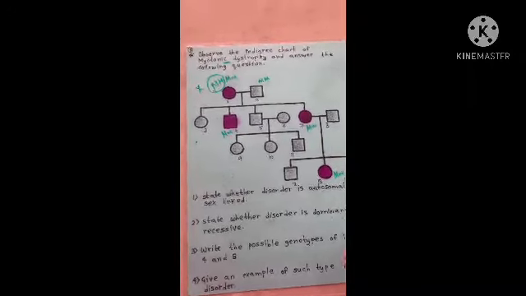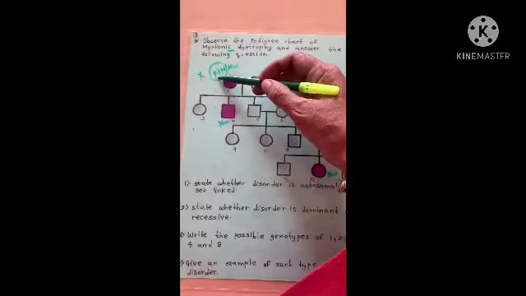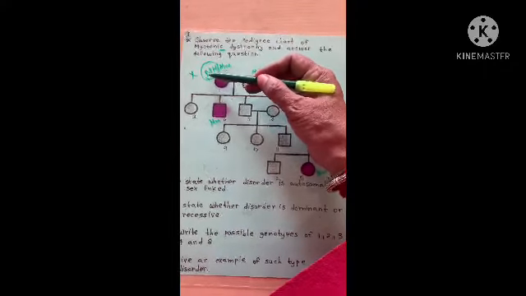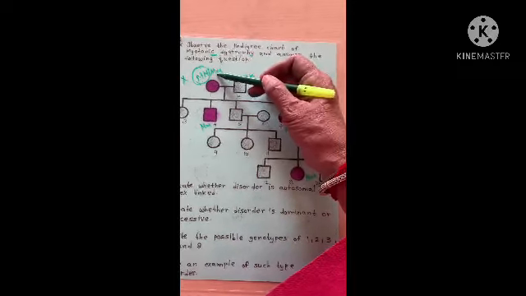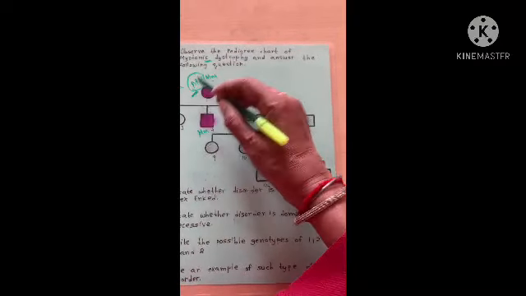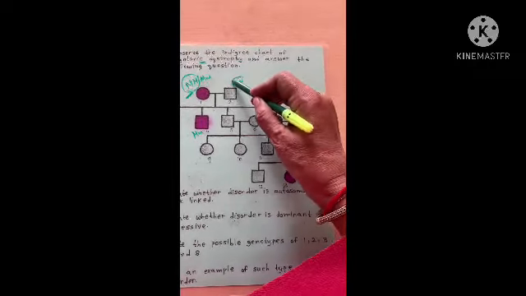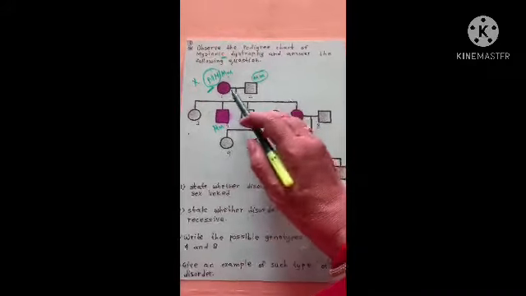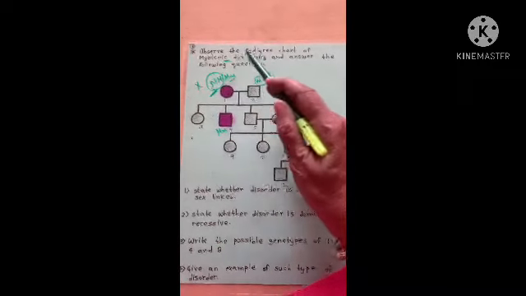Now if it is a dominant disorder, you know that the dominant allele will get expressed in capital M capital M also and capital M small m also, that is, in the homozygous dominant as well as the heterozygous condition. If we consider the first case, that capital M is the genotype of this female, whatever is normal, you can blindly write the genotype as small m small m. But if it is a disease, two possibilities are there: one capital M capital M, the other capital M small m.